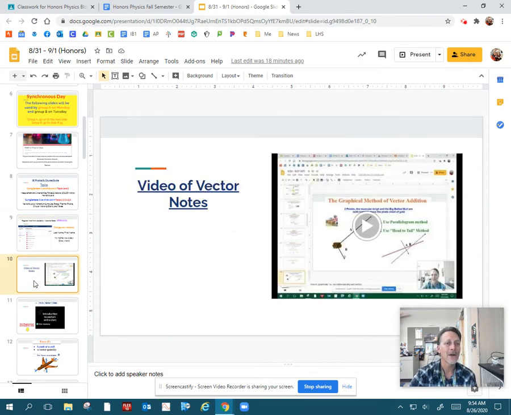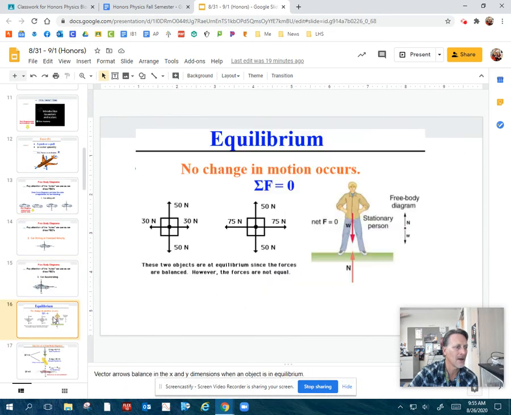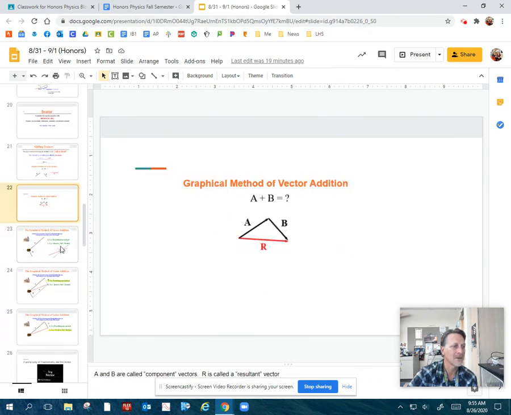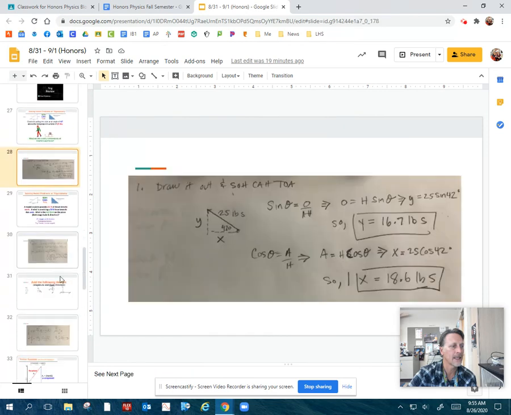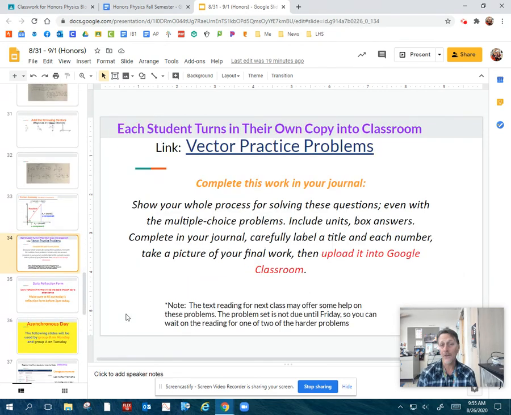Okay. And then we're going to get into a lesson around vectors. You're going to be able to work with your partners again today. You should go through these video notes right here. I'm not going to go through them right now because that's what this is for. But notice, going through, these are all the notes on vectors. You want to take notes in your journal, and you're going to use those journal notes to do an assignment. At the end of all those notes right there,